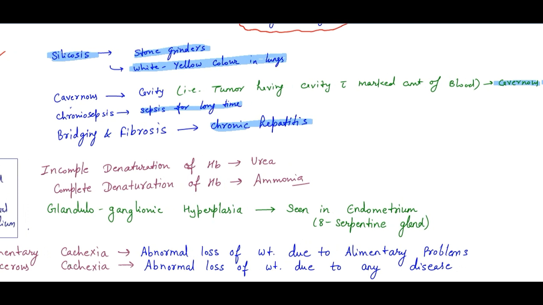Incomplete denaturation of hemoglobin is done by urea. This is simple. Who does the incomplete denaturation of hemoglobin? Urea. Who does the complete denaturation of hemoglobin? Ammonia. Okay. Next is